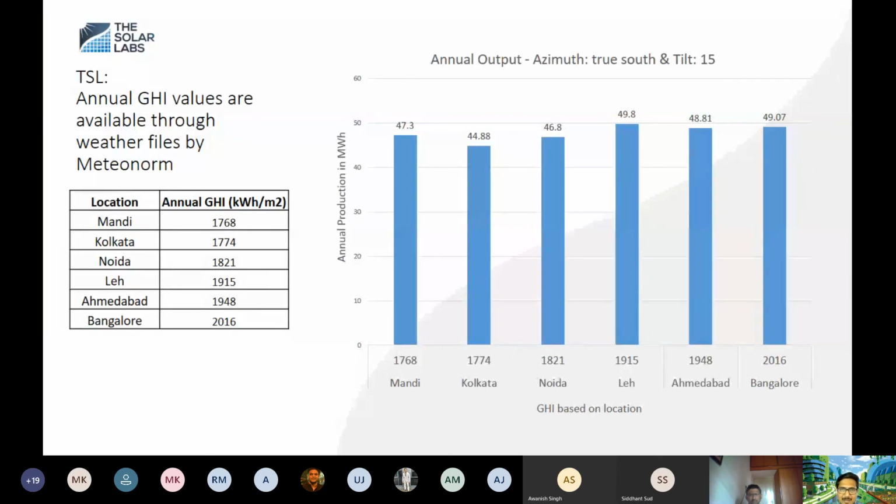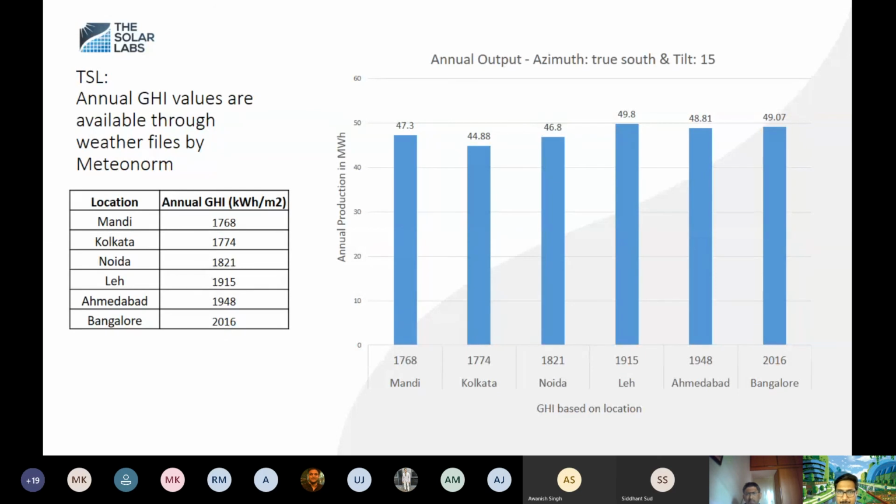So this is the parameter which is the same across all the different places. We have other parameters also, which are manually set in the software, which is again similar for all the different locations and all the different projects. And we are just trying to capture here the impact of the variation in weather and how that impacts total